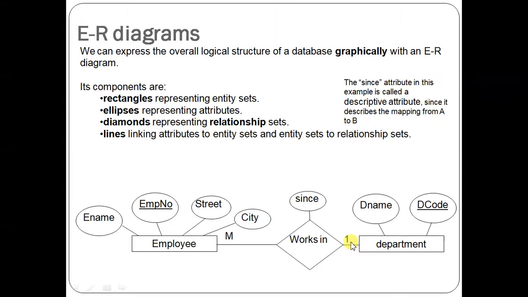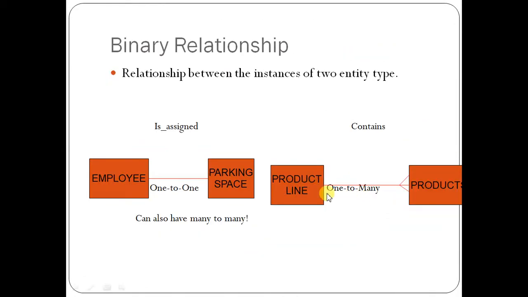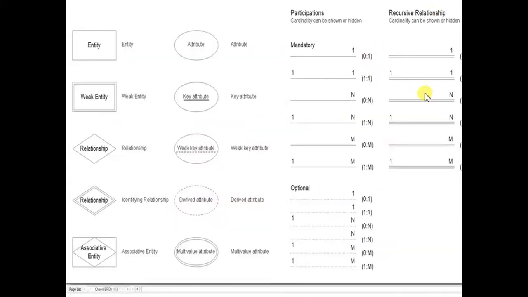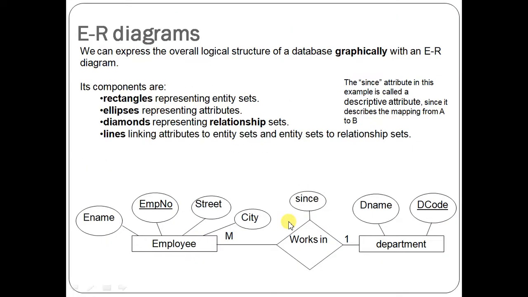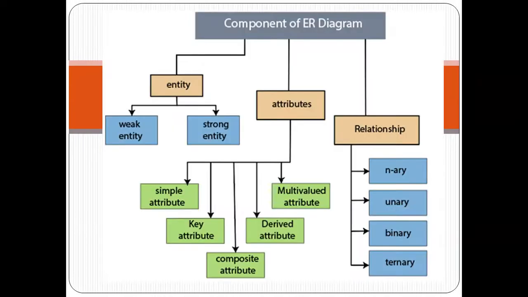There are different symbols also for it. For example, this is one of the methods where we are using the cardinality number 1:many. Another, I have shown you, is that this Crowfoot model is also used here. 1:many, here this Crowfoot is used. Crowfoot means many, one to many. So don't worry about how it is done. As you can see, it is done in this way also: 1:1, 1:many, many to many, and sometimes like this Crowfoot 1:many or many to many. So right now don't be confused about it. Let us see a very simple example, then we'll cover other things.